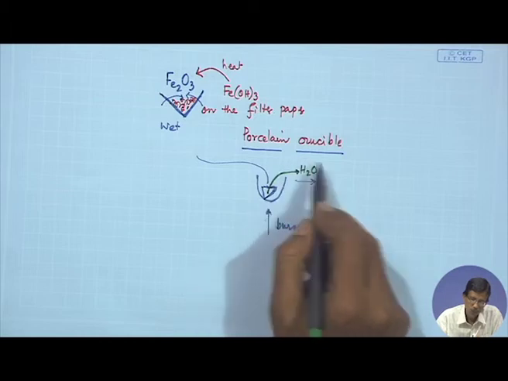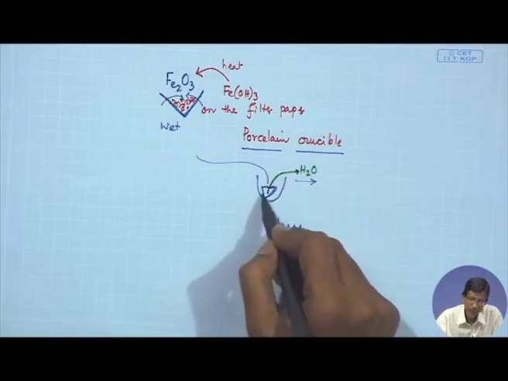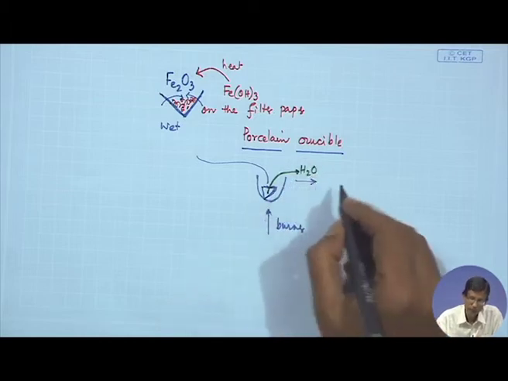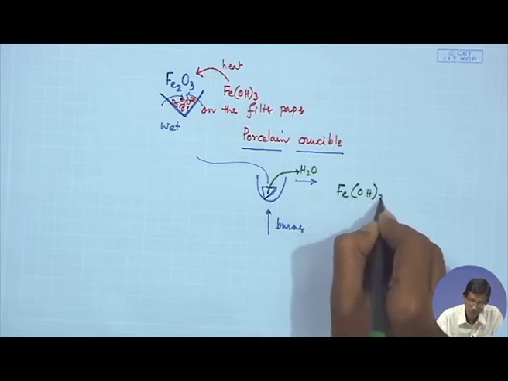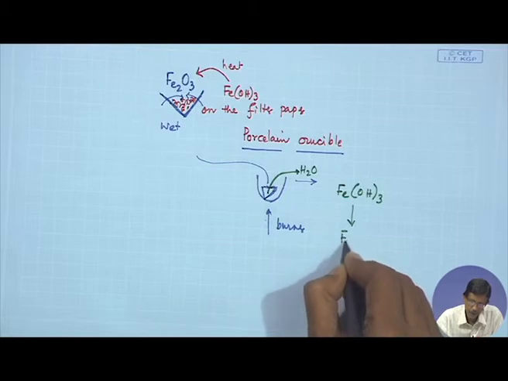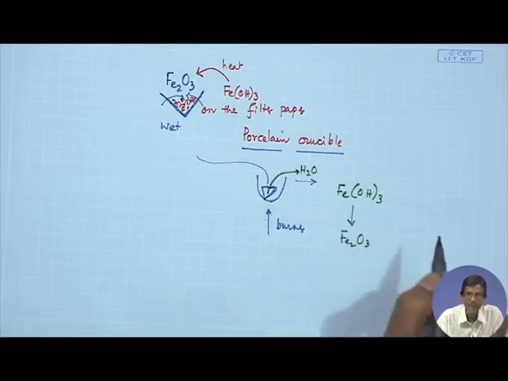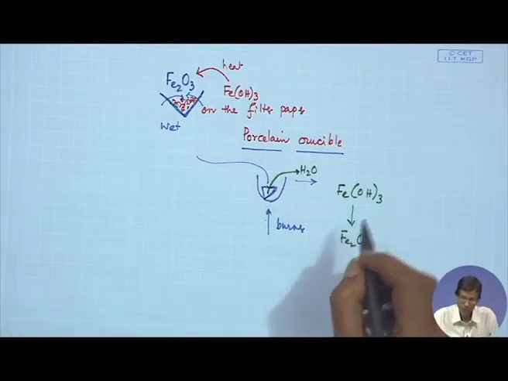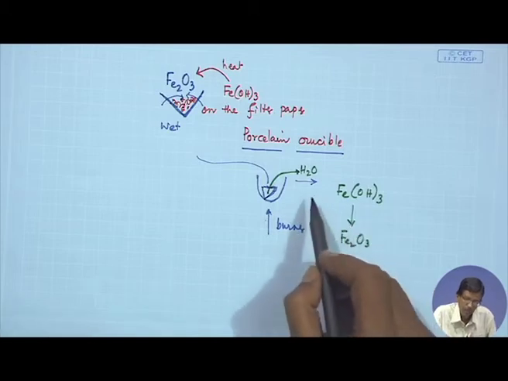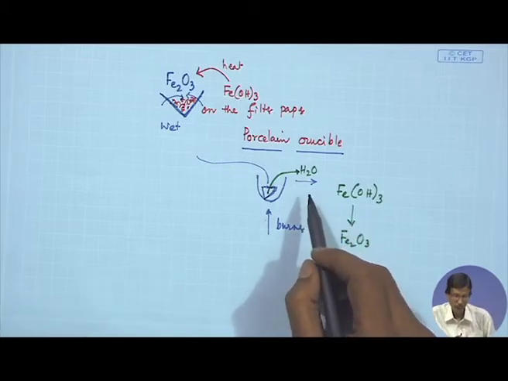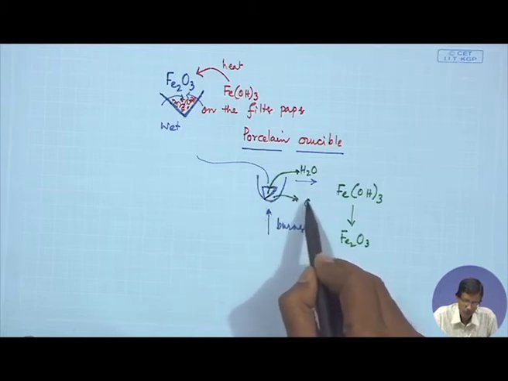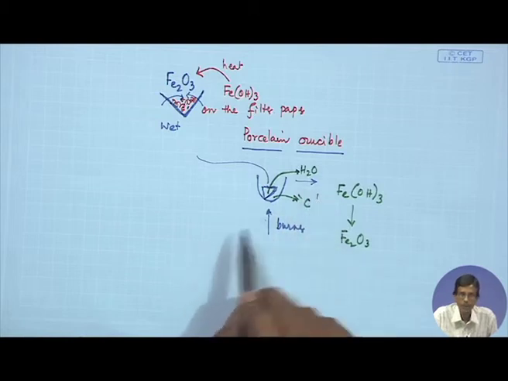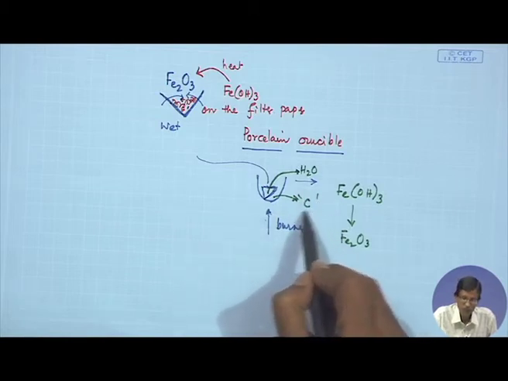So, that will also go, and that is basically then drying up. Now, the thing is that your conversion of ferric hydroxide to Fe2O3 will take place at a high temperature, and at that high temperature you also have the chance of burning the carbonaceous matter of the filter paper. So, that means you have to burn the filter paper.